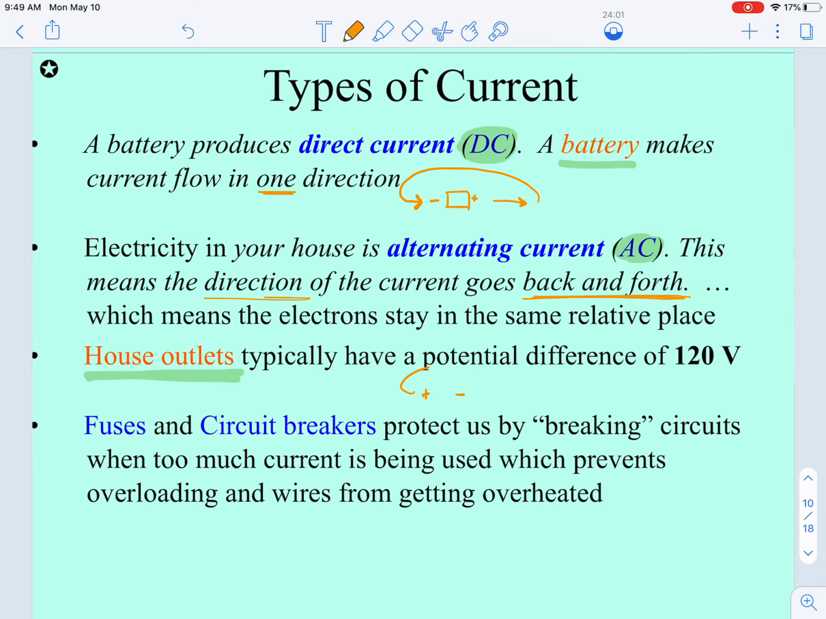If the positive and negative on your outlet is oriented like this, well, then our electric current would be flowing, if we made this a circle, this would be clockwise. But if those current poles flipped on us, where we now have the negative on the left and the positive on the right, well, that means that the direction the electrons are going to move is also going to flip on us. And because the polarity changes, then it alternates back and forth, and so that's why we call it